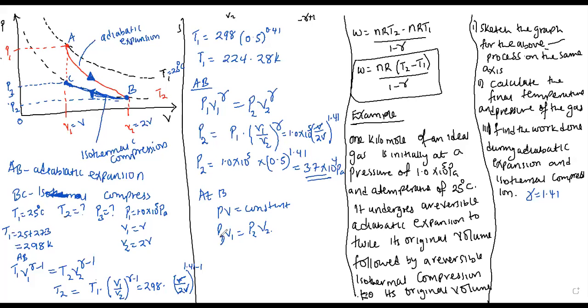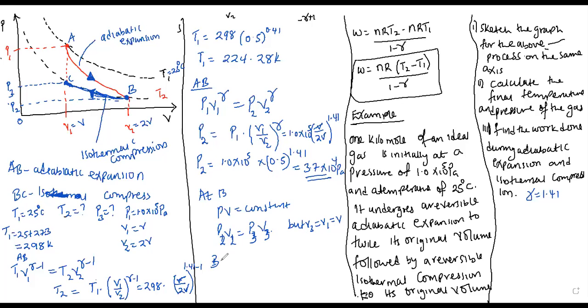This is now P2 V2 is equal to P3 V3. But V3 is the same as V1, which is the same as V. So we shall have